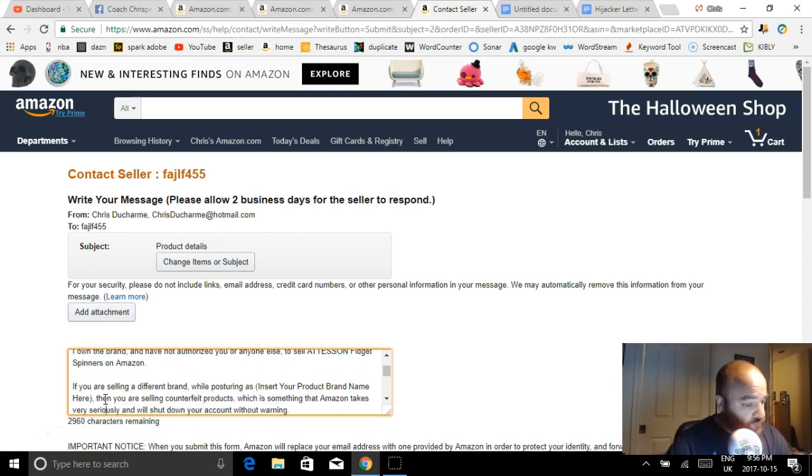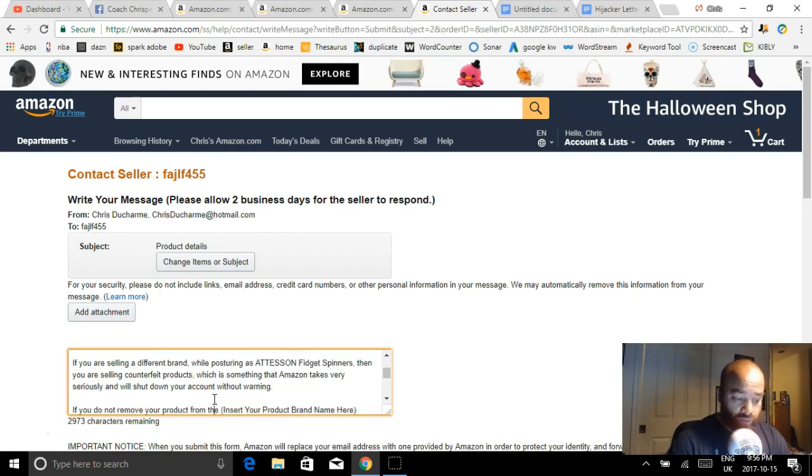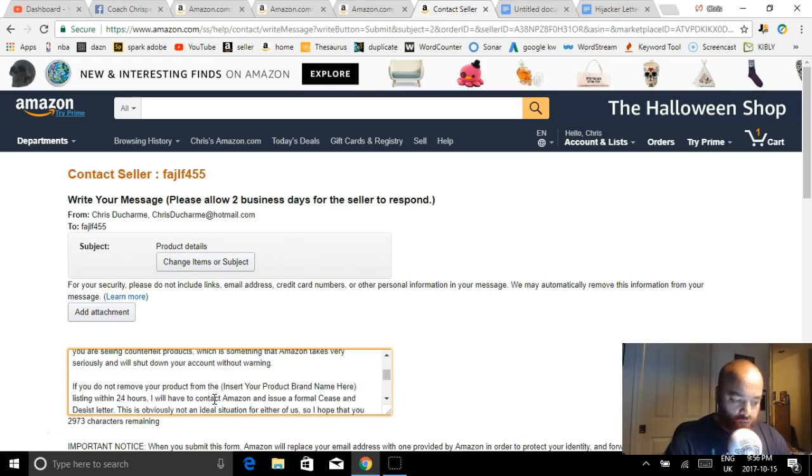If you are selling a different brand while posturing as Addison fidget spinners, then you are selling counterfeit products, which is something that Amazon takes very seriously and will shut down your account without warning. I get a little chuckle when I read it because it's a great template. If you do not remove your product from the, and we'll put it in again,